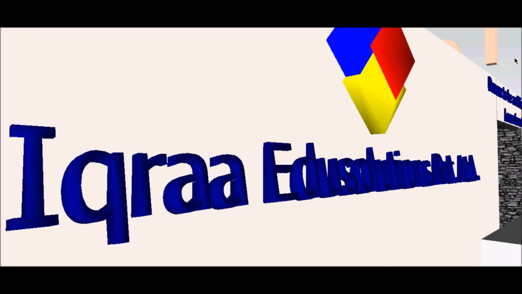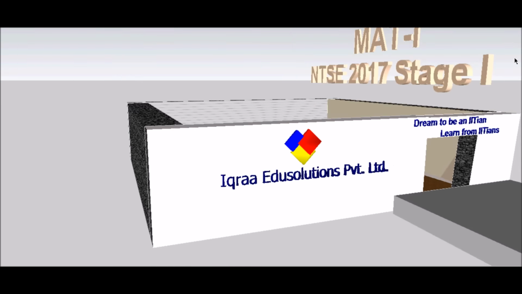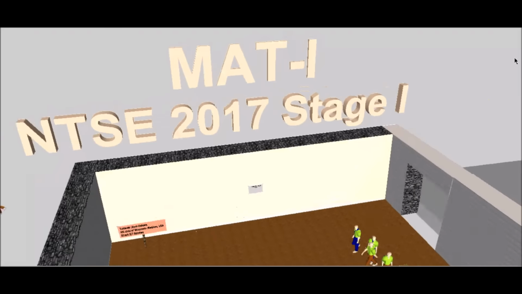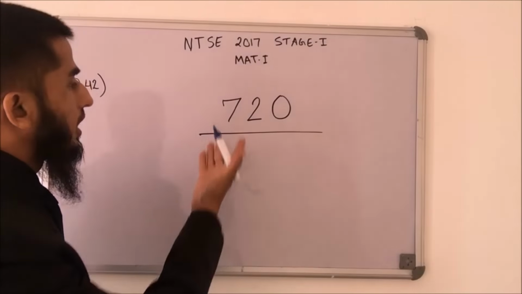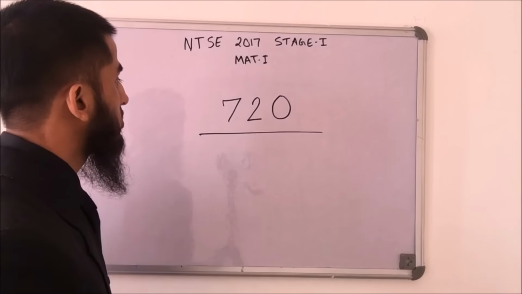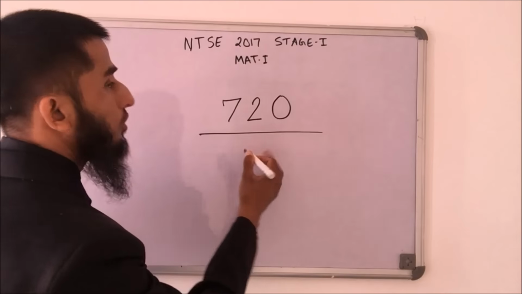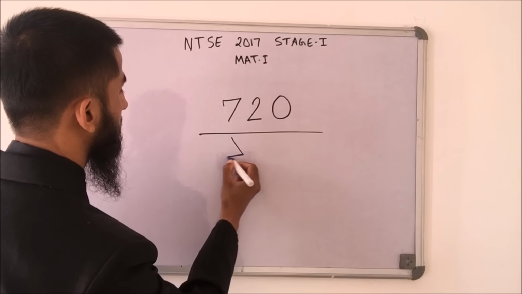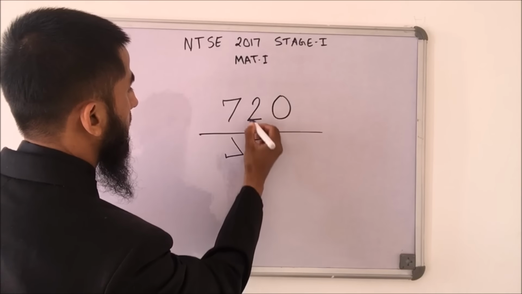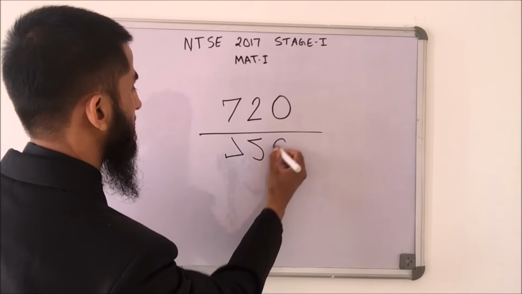Let's revisit the NTSE 2017 Stage 1 Mental Ability Solutions Part C. Here we will find out the mirror image of this. So don't look at the options as before. Just create the mirror image like this, and this is like this. Then it goes like this, and this is a circle.